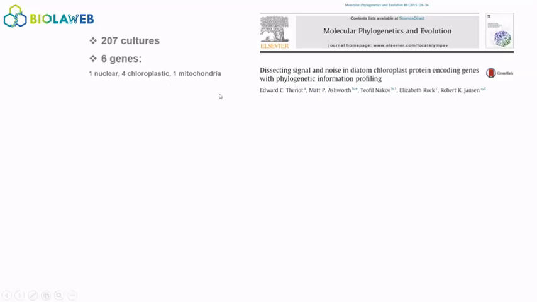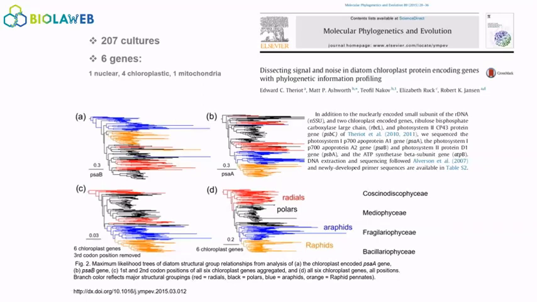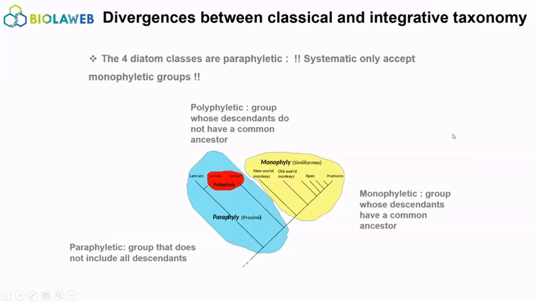And they were able to reconstruct with really a lot of certainty the deep nodes of diatom phylogeny. It's really because they had these numerous genes put side by side that they were able to reconstruct with confidence these deep nodes. And you can see here what is very interesting, is that all the groups are paraphyletic. And this is a problem for taxonomy, because taxonomy